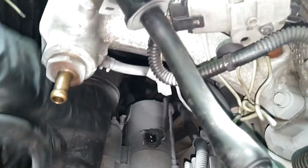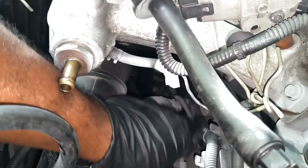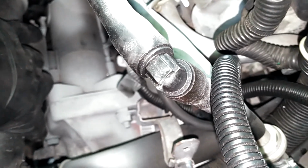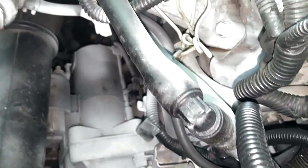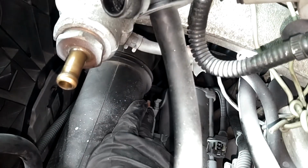This is I think a 12 or 13 on the wires on the starter. I'm going to disconnect those, then I'm going to unscrew. That looks like a 12. That looks like a 12. On most cars, they're 14s. I'm going to see if I can get the starter out before I pull this intake hose the rest of the way out. The bolt you see down there in the middle with that red